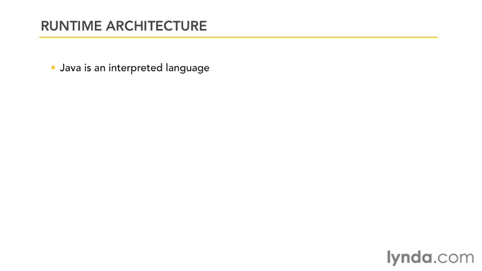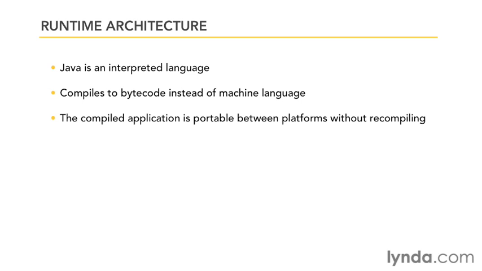Again, it's an interpreted language. The application is compiled to bytecode rather than machine language, and that's what makes it portable between operating systems. Here's the software stack that's used at runtime when you run your application. You start with the operating system. You can run Java applications on Windows, Mac, Linux, Solaris, and any other operating system for which there's a usable